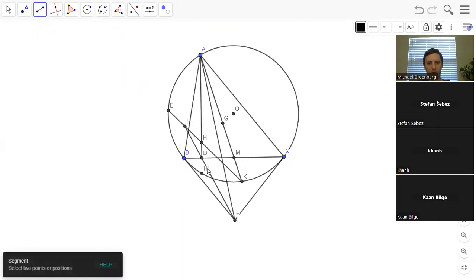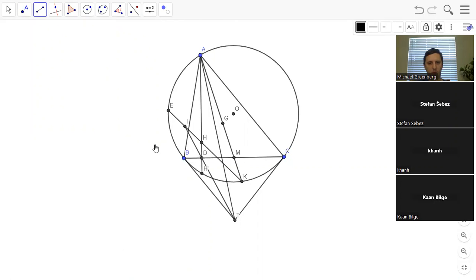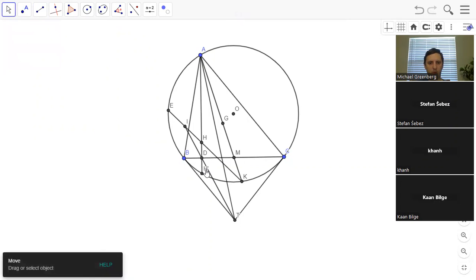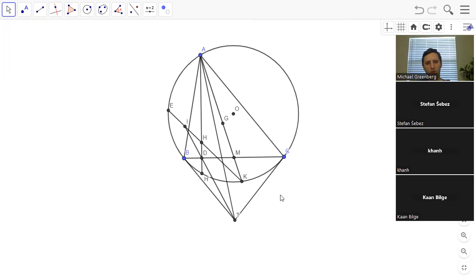Yes, and then it is the reflection. So I claim that we need to prove that I is the midpoint of HE, because